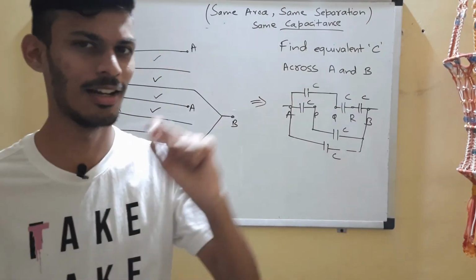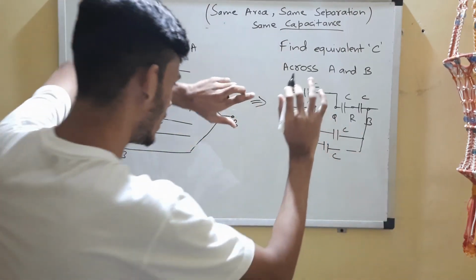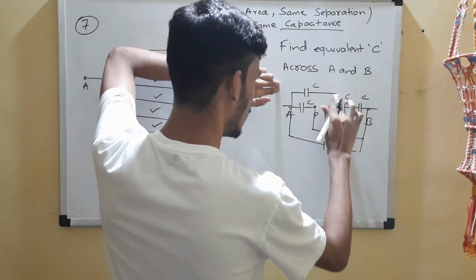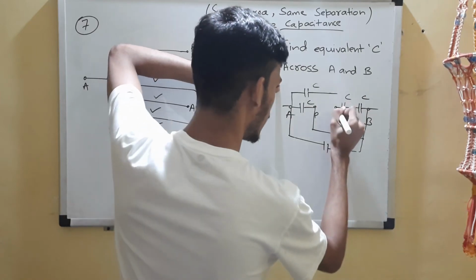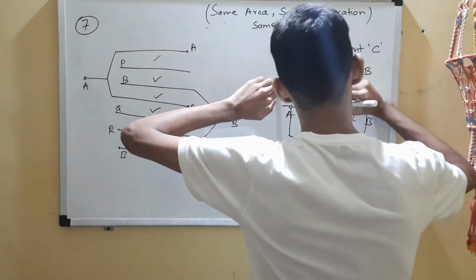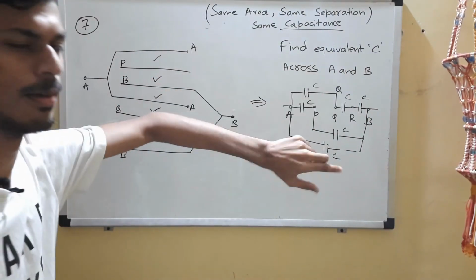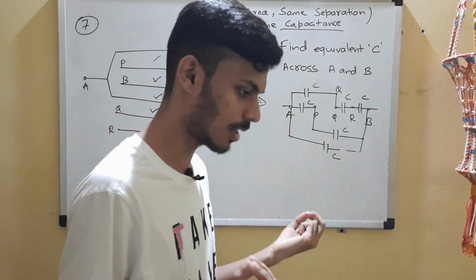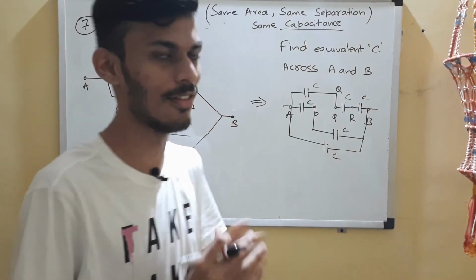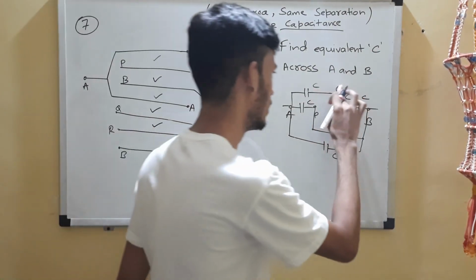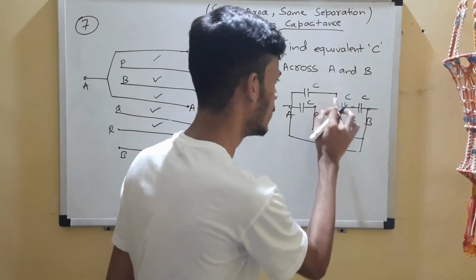Each of these capacitors will have the same charge. You can easily see that because this is an extra portion, right? You can just remove this portion and connect this Q over here, because even if it's there, the potential at this point will remain the same, Q, because it's a connecting wire. So the potential will be Q only. It's the same. So you can remove this extra piece.